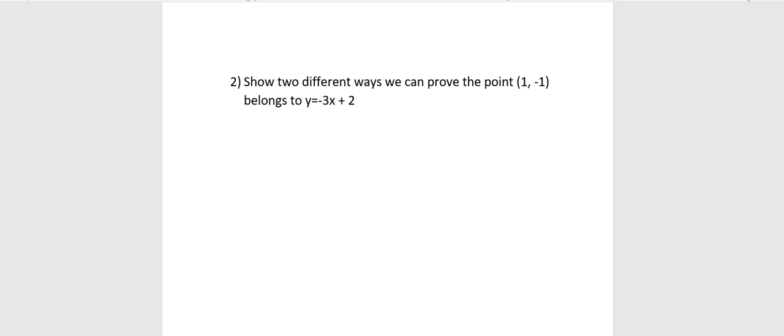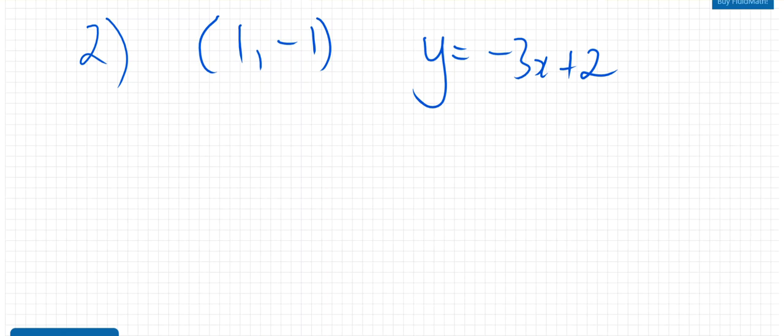Okay, for our next question, it says, show 2 different ways we can prove the point, and there's our point, when x is 1 and y is negative 1, belongs to the following equation or the following line. And they've given us an equation. So we have to show 2 different ways to prove this. Okay, so to prove this, the first way